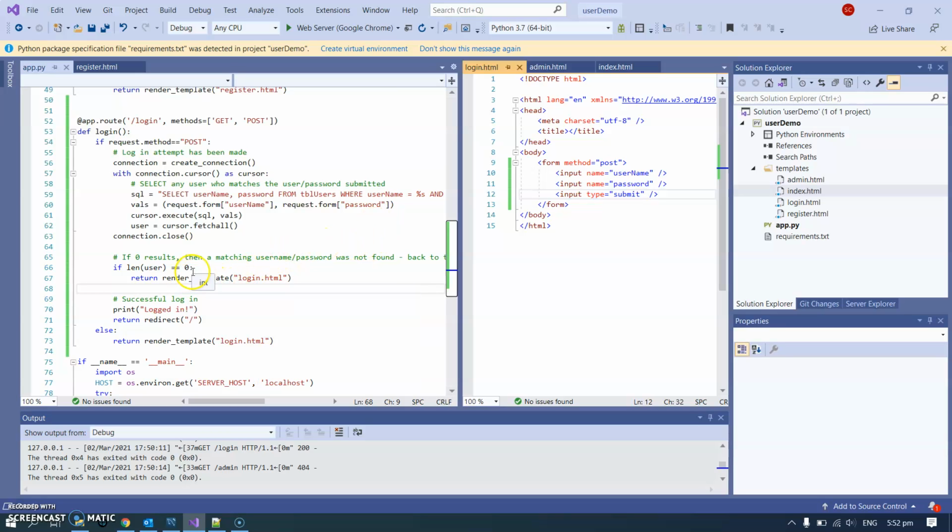And one way to do this, not necessarily the best way, but the way I chose to have done it here, is we fetch all the results that match that username and password, and if there's none of them, you're not logged in. And if there is more than none, then you are logged in. So that's where we're up to, and now what we want to do is we want to put all of